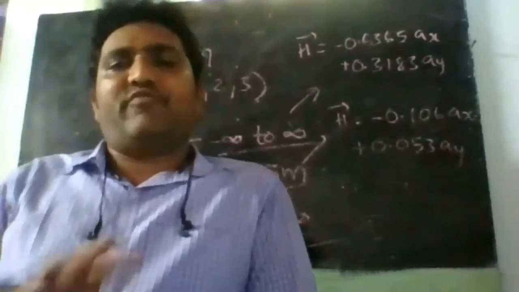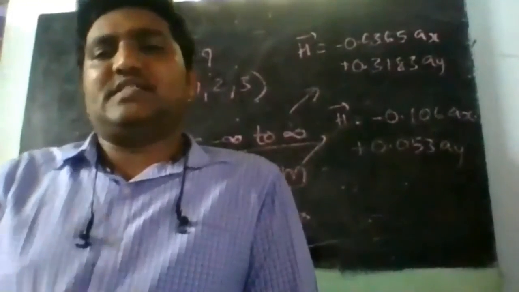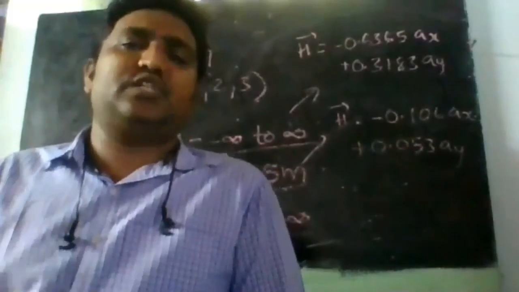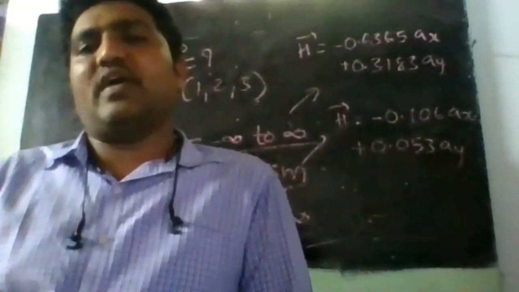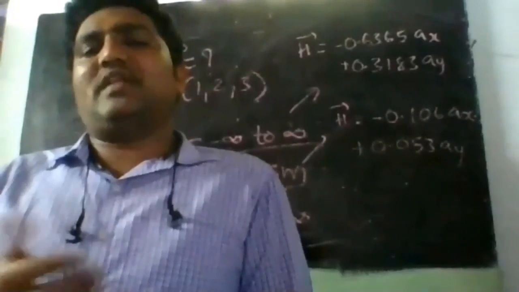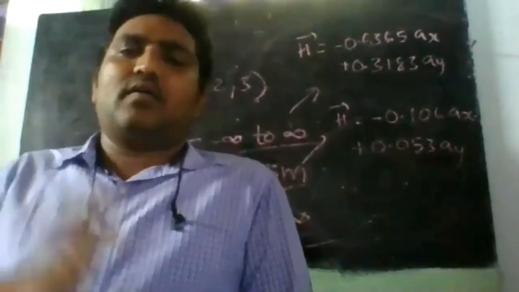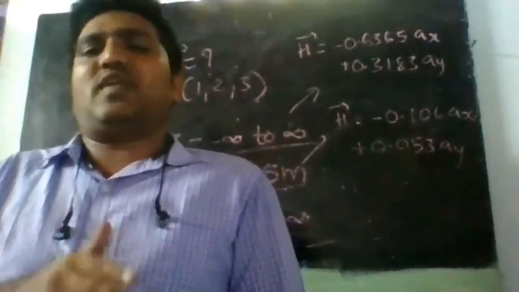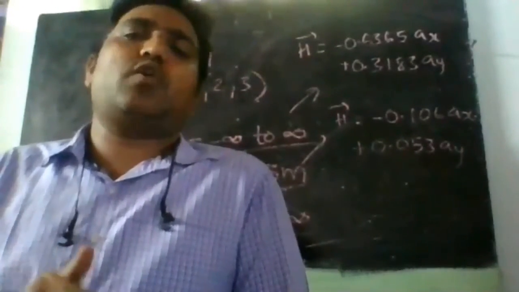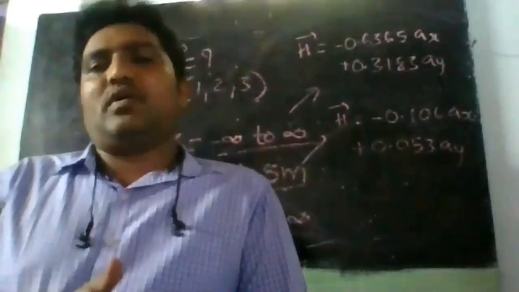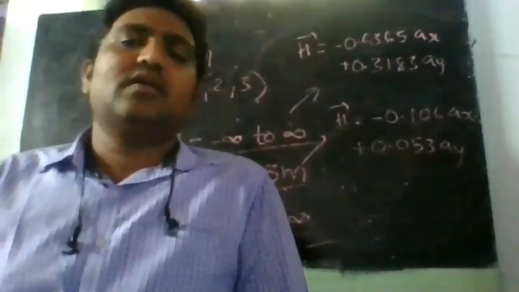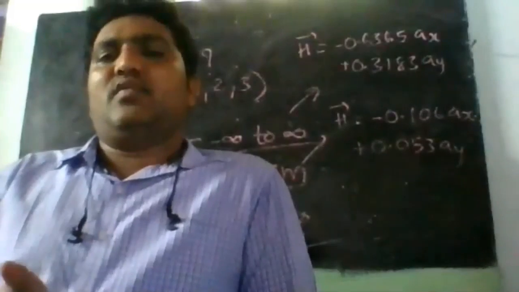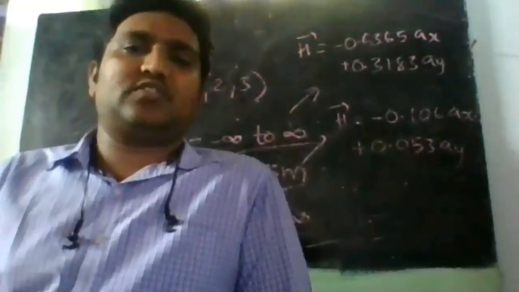So therefore, to make it easier in those cases, in case of a sheet of charge or a volume charge, to make the process a little easy, we have another law by which we can calculate magnetic field intensity or magnetic flux density. That law is Ampere's law. Ampere's circuital law or Ampere's work law, which we will discuss in the next session.